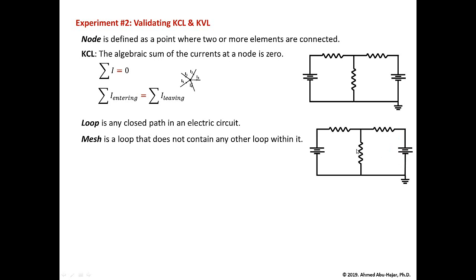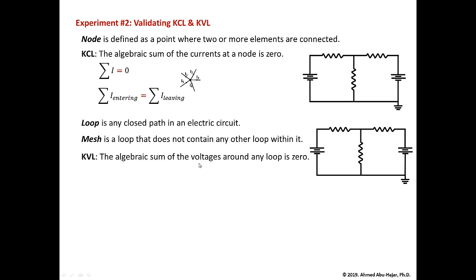So now we are ready to state KVL, Kirchhoff voltage law. Kirchhoff voltage law states that the algebraic sum of the voltages around any loop is 0. So if we sum the voltages around any loop, it has to be 0. And we're going to do an algebraic sum, so we have to preserve the polarities of the voltages. We have to keep track of the polarities of the voltages as we add up the voltages